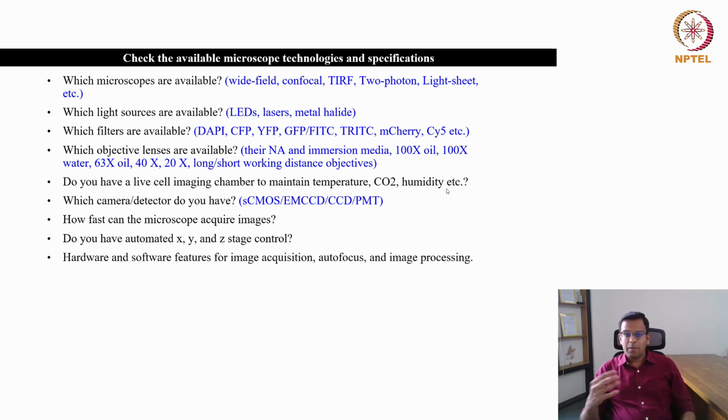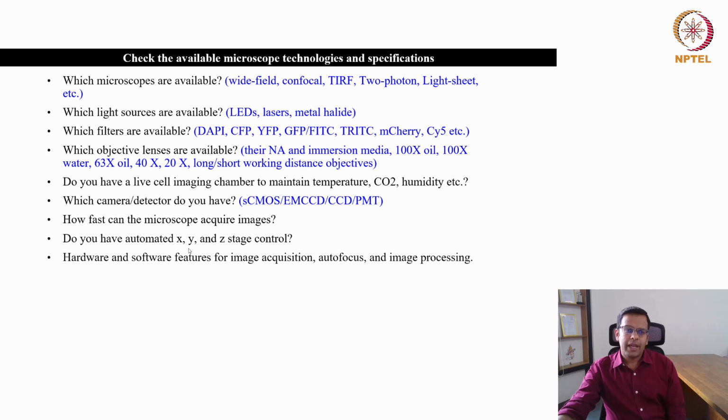Okay, because the camera itself takes some time to process the image, which is known as the camera processing time. So let's say you want to image every 10 milliseconds, okay, but the camera takes at least 20 milliseconds to process your image. So you cannot go for a 10 millisecond time interval. Okay, you have to give at least that camera processing time so that the camera can capture one image and process it. Okay, so that takes, let's say, 20 milliseconds. So it is not possible to image faster than 20 milliseconds with that system.